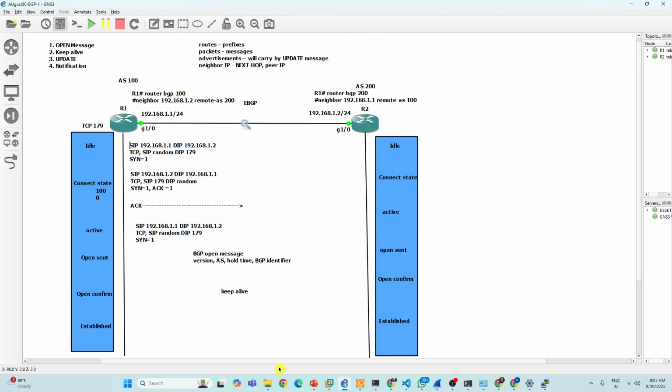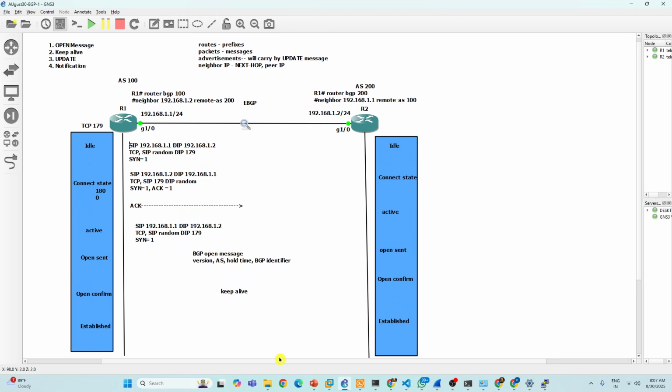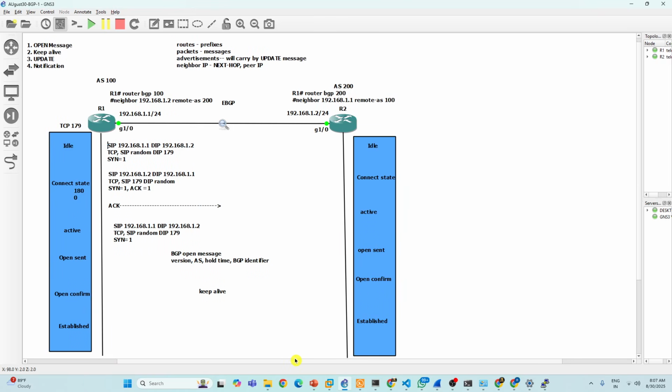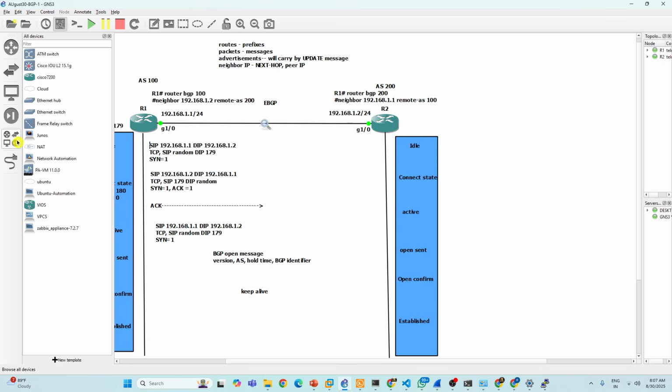Going forward, we may advertise a lot of things. Just imagine in OSPF, I give a lot of projects. In BGP, it's an ocean, right? You have to do a lot of projects. Correct. But basics we have to understand, right? I'm just going step by step. You know about me, step by step.